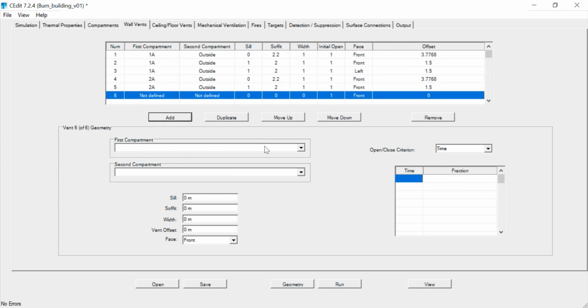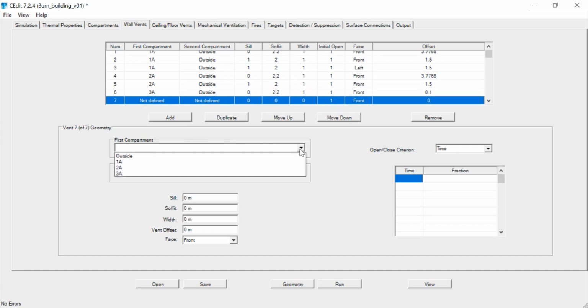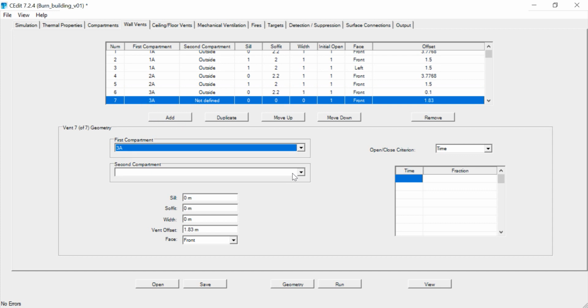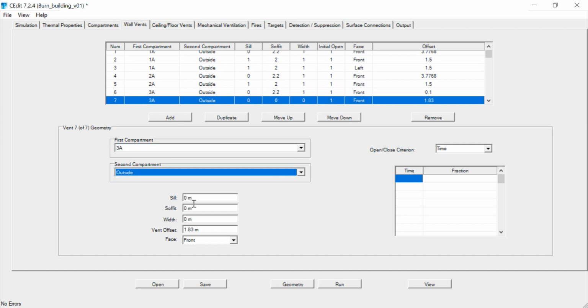We'll add the door. So this is going to be from 3A to the outside. Sill is at 0, soffit is at 2.2. Width is 1, and now since it's on the left, our offset should be 0.1. Still on the front, and then we can add our window. This is going to be from 3A to the outside. Sill is at 1, soffit's at 2, width is 1, and then our offset is going to be 1.1 plus,